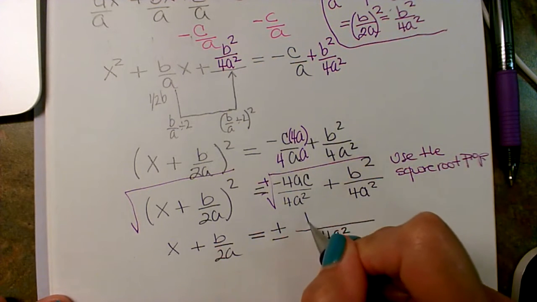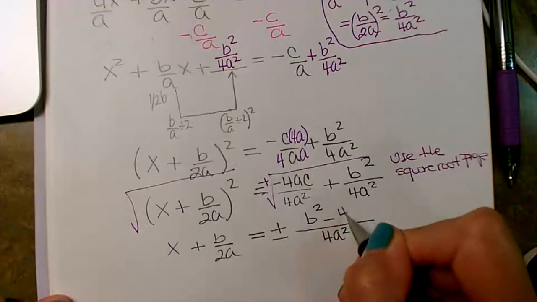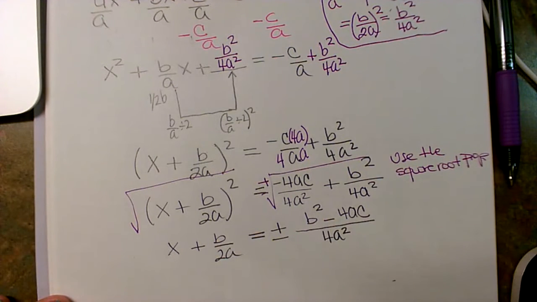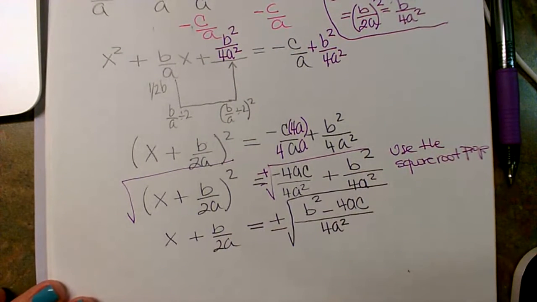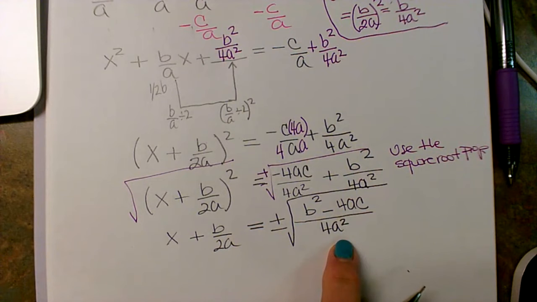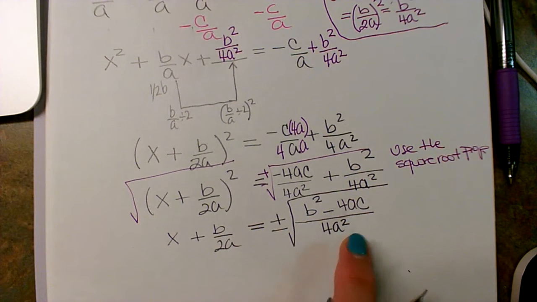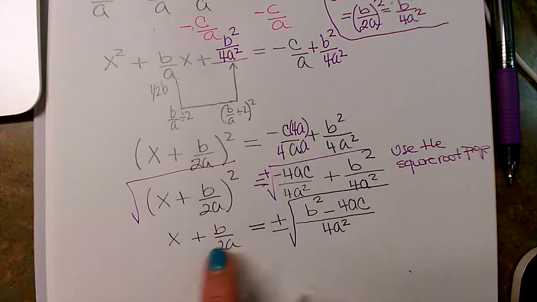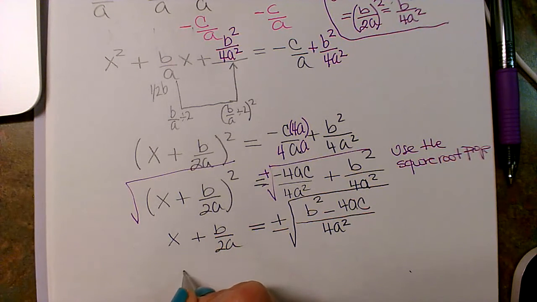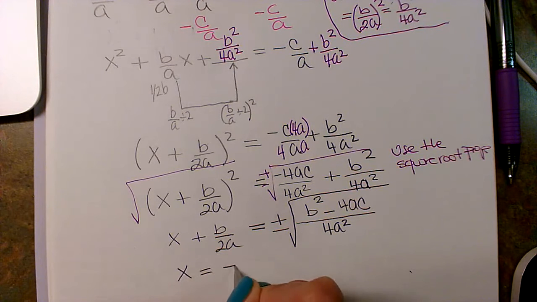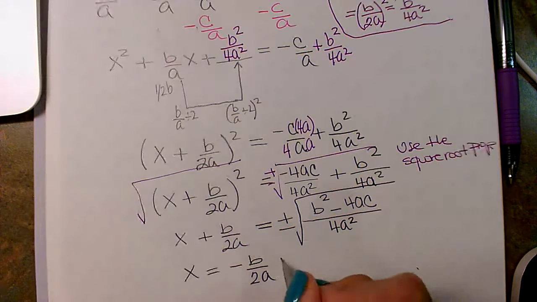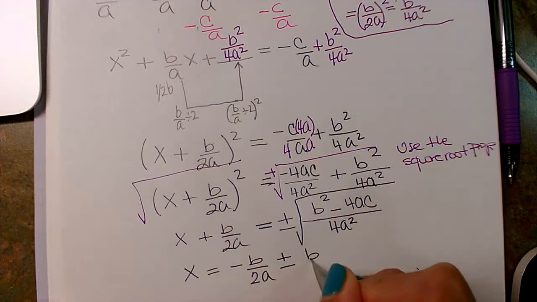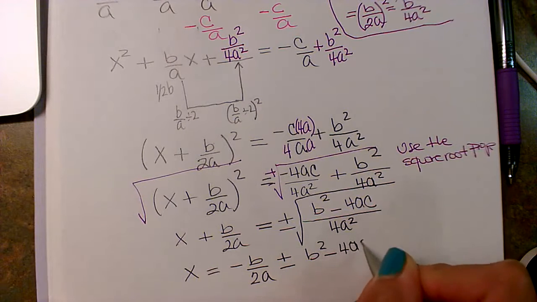Now, I'm going to do this one first. b squared minus 4ac, that order. It's looking like the quadratic formula now. Now I'm going to subtract this one on both sides. So it's going to be x equal to negative b over 2a plus and minus square root of b squared minus 4ac